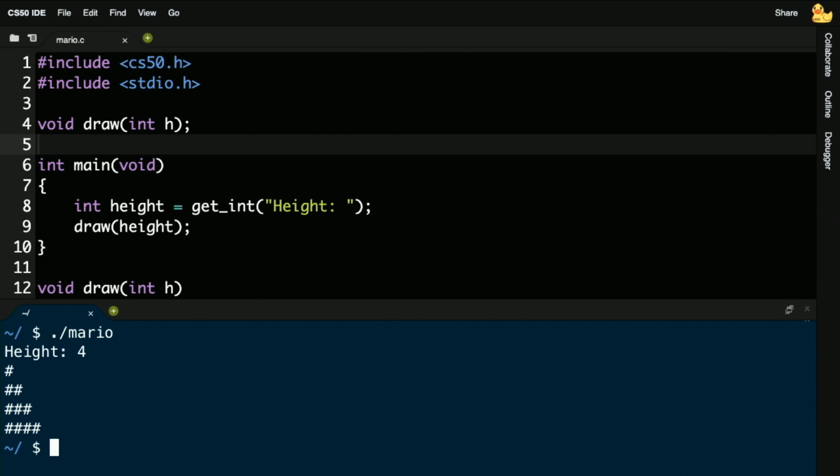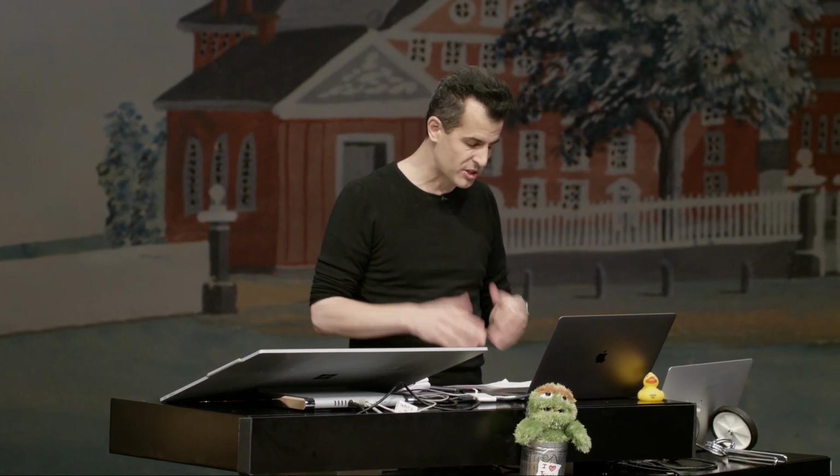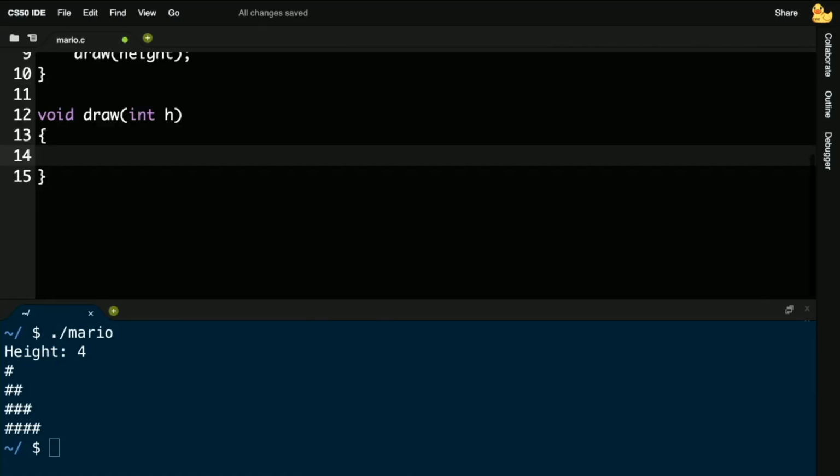Now I have a relatively simple implementation of Mario's pyramid, though I certainly did it faster than you might without some practice. But here's where things get kind of cool. Let me stipulate that that is a correct iterative solution, even if it might take you some number of steps or trial and error to get that iterative loop-based code correct. Let me change this now to be recursive. And recall, a recursive function is one that calls itself.